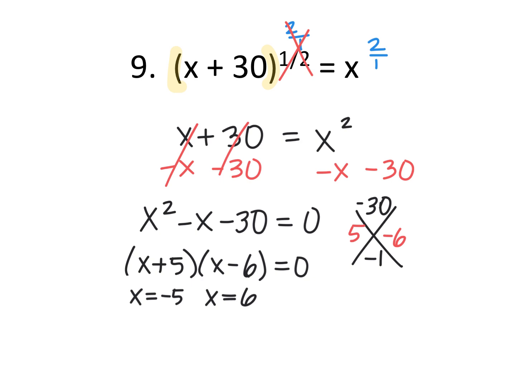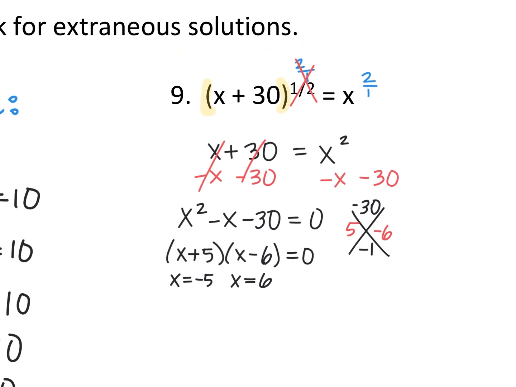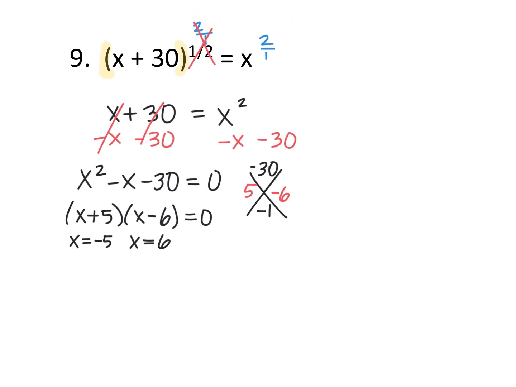So do not box your answers or anything yet. So we'll do the check step out here. We're using the original equation. So check. I'll erase all this extra stuff just so we see what our original equation is. There it is. So plugging in first, let's do negative 5. If I plug in negative 5, I get, okay, that would be negative 5 plus 30,